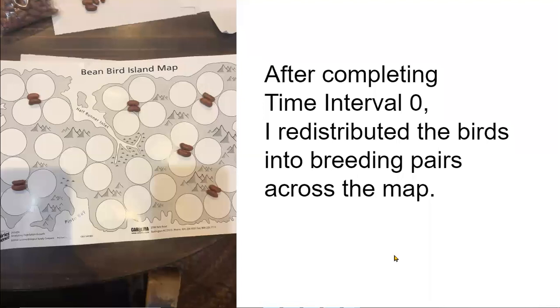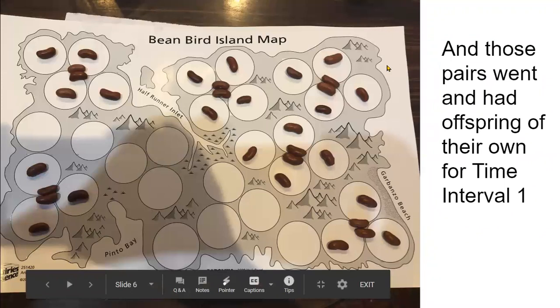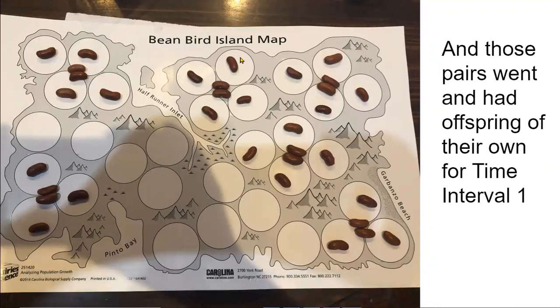Let me get this off of here. Okay. All right. So this is what I got from the breeding. So take a look. Remember, you can only put 1 offspring in every territory. So here's offspring number 1 for this couple, 2, 3, 4. The couple's still in the middle. The 4 offspring are surrounding them. This couple over here, I just said that they had 3 because I felt like the other circle was kind of far away for them to be in charge of. This couple has 4 surrounding it. You can see them,